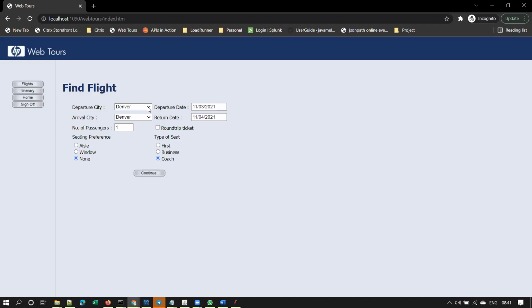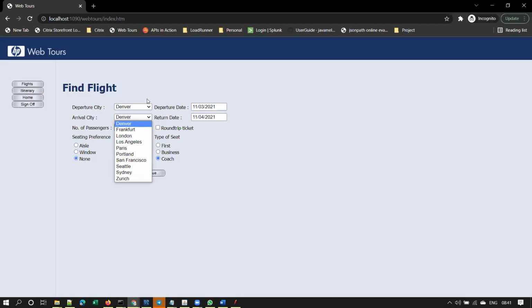So now in the flights page, you see 2 drop downs, one for departure city, one for arrival city. By default, you see Denver in both the drop downs. Remember this. Denver is a city in US. Now, if you expand the drop down, you see a couple of other cities: Frankfurt, London, Los Angeles, Paris, Portland, and so on.